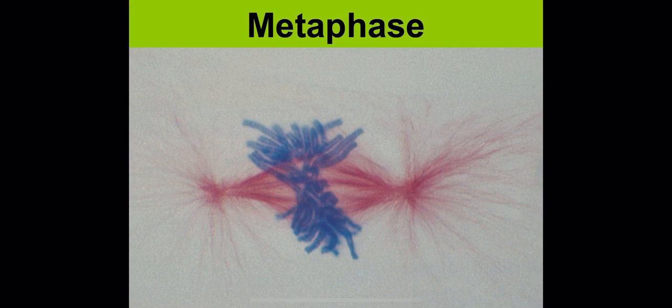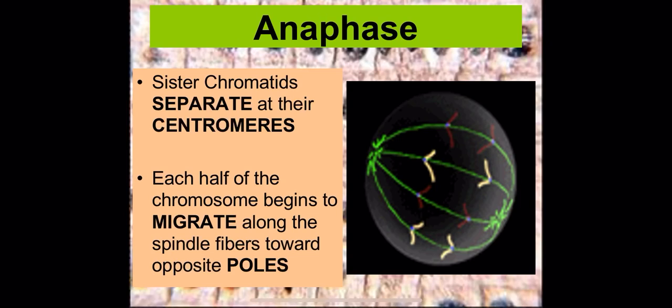Here's another option for you. You can see the spindle really well in this image, which I like, and you can see the distinct poles. So obviously those chromosomes are lined up very centrally, and then in our next phase, which is anaphase, they're going to separate. So anaphase is where you go from having chromosomes to having what we call the sister chromatids, because